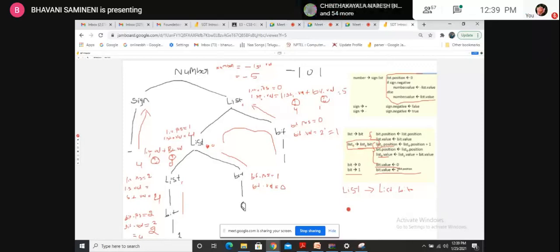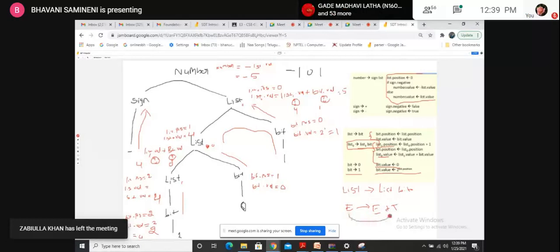Otherwise we can take it to be written as list derives list and bit. Only in the semantic rules, with respect to semantic actions, they have differentiated as 0 and 1. So this can be implemented for this kind of production. In case C derives C + T, we have seen this production so far, but when semantic actions come, we define the semantic actions one way for one and another way for the other. So in order to differentiate these two, one will be written as 0, one will be written as 1. Only that is the point we have to remember.